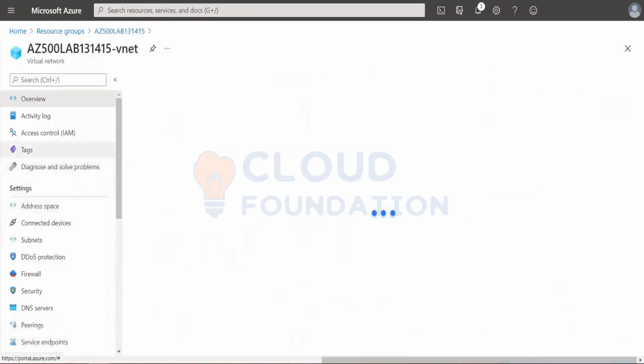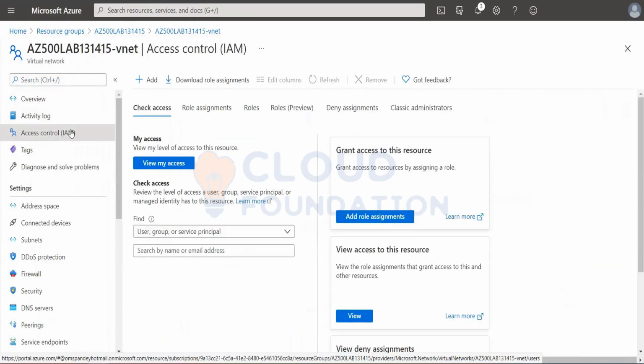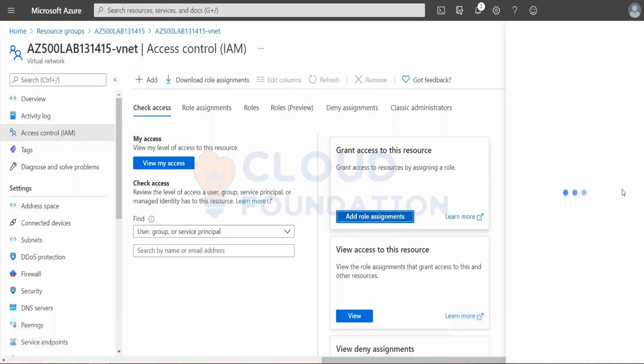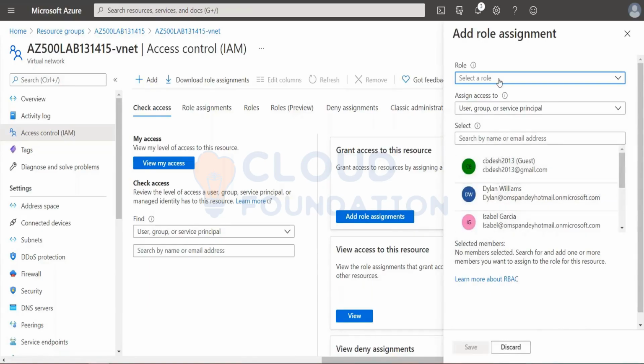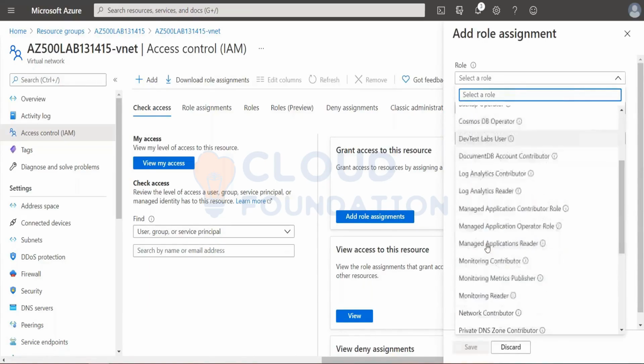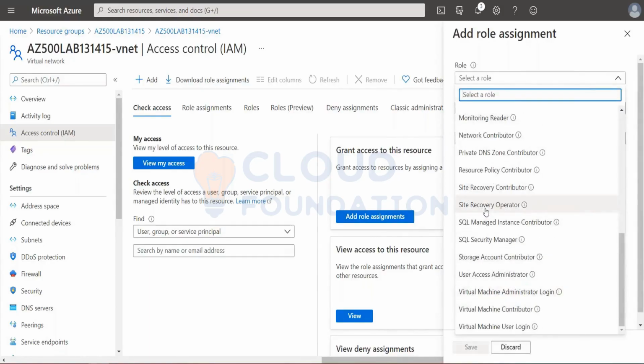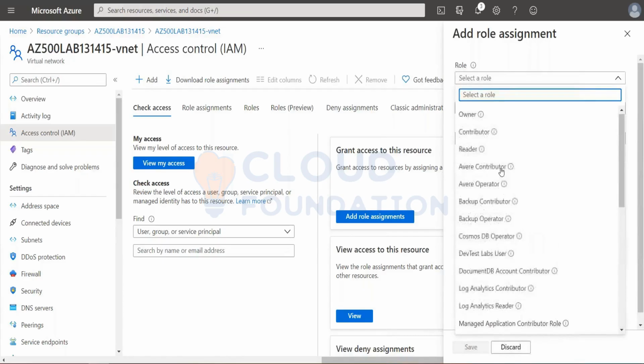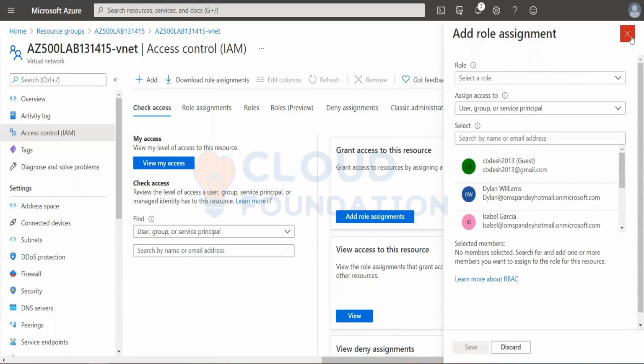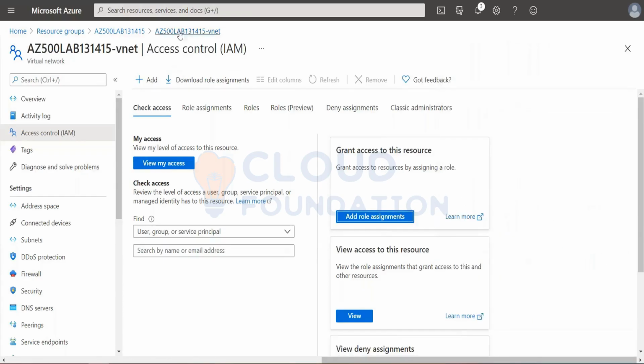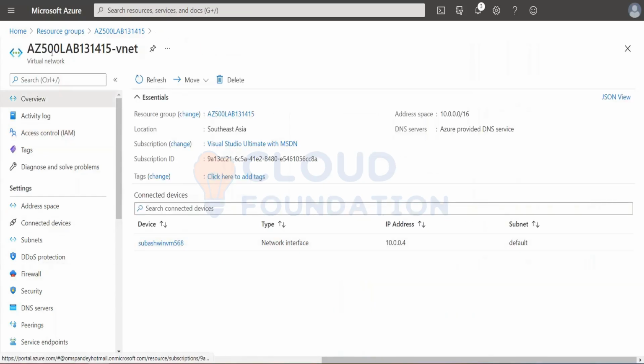If I go to a virtual network, access control, add role assignments, if you see the roles over here, for a virtual network, whatever is relevant, it will show you only those things. Virtual machine user login, storage account contributor, SQL security manager. Now you have roles which are specific to that particular resource, and it will change